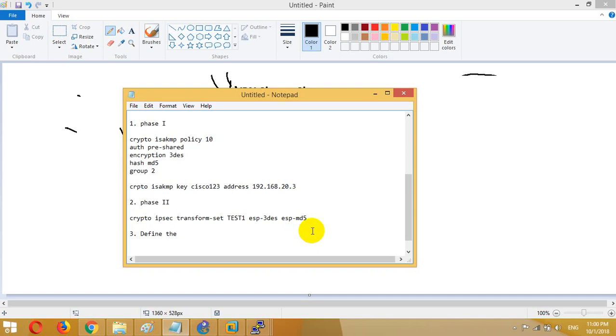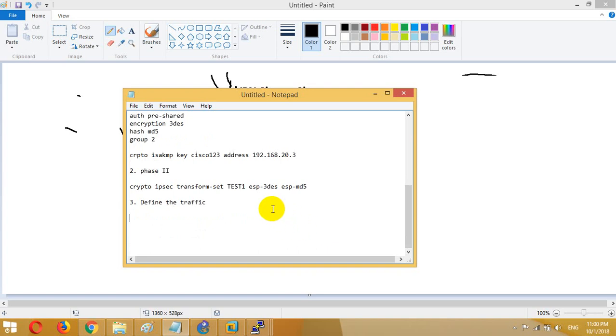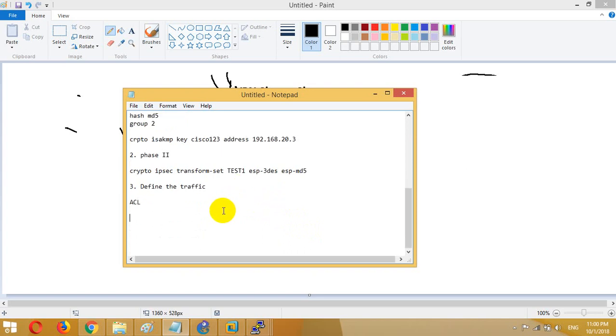The traffic is called interested traffic, and in order to define it, I need an ACL, an access list: access-list 101